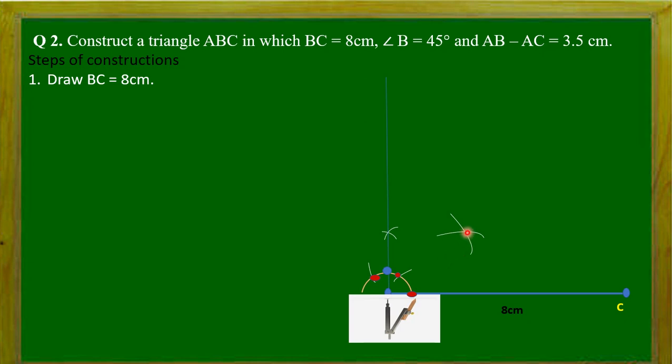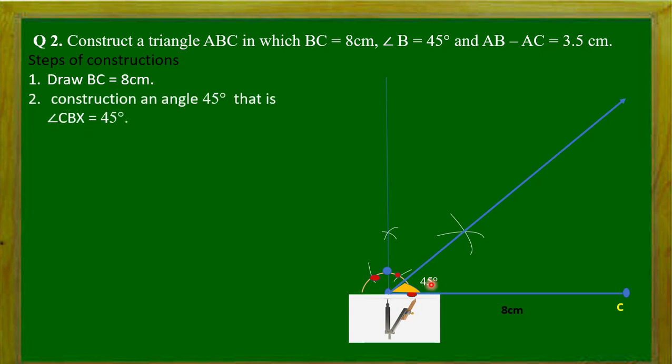So these two arcs intersect at a point. This intersection point join with the point B, so we get the ray. This ray divides this 90 degrees into two equal halves, that is 45 degrees. So this angle is the 45 degree angle. So we have drawn the angle CBX as 45 degrees. Now we have to